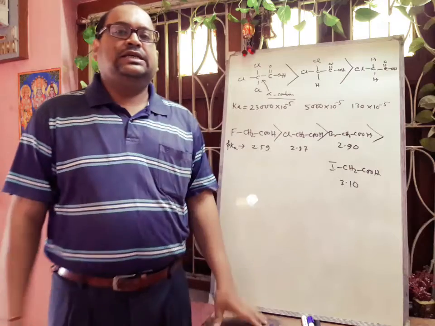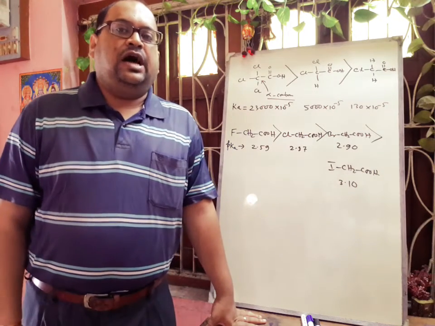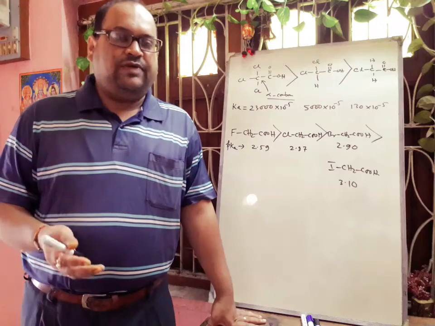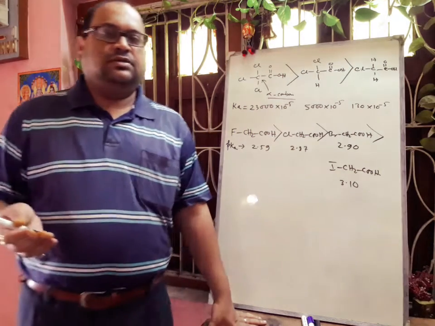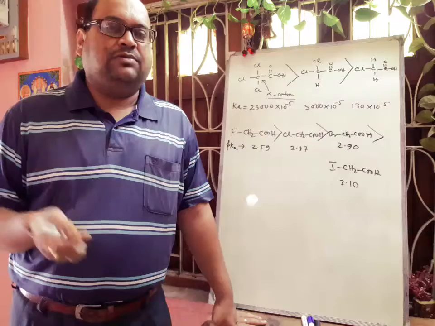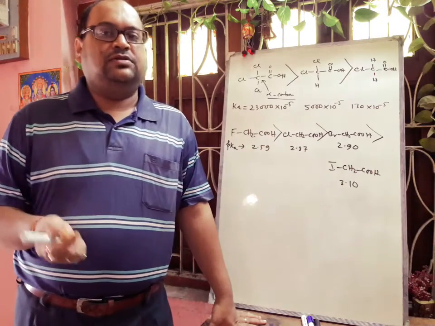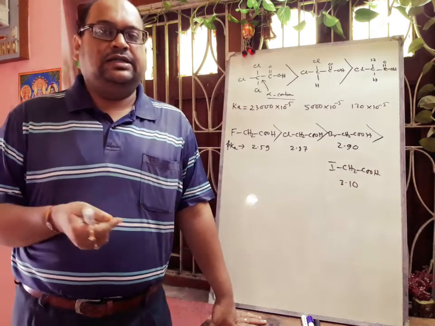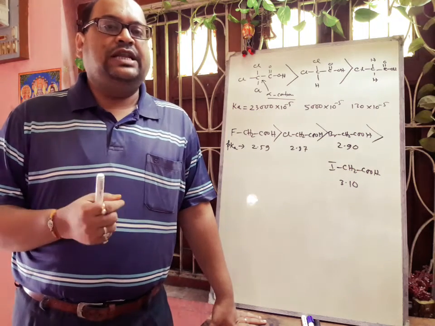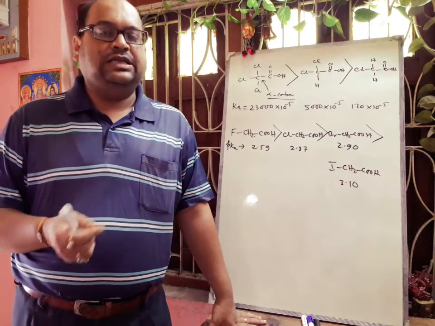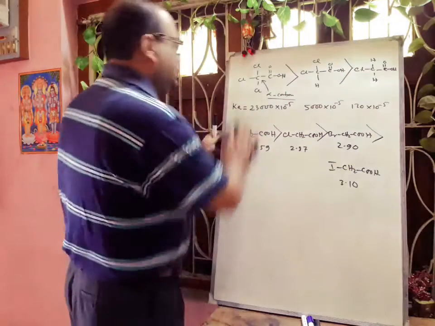Next we will discuss that acid strength decreases with increasing the distance between the electron withdrawing group and the carboxylic acid group. You know that the carbon next to the carboxylic acid is called alpha. So if we attach one halogen to the alpha carbon, then beta, then gamma, definitely as the distance is increasing, the inductive effect will also decrease, so acidity also will decrease. So if I draw the example, then you can easily understand.